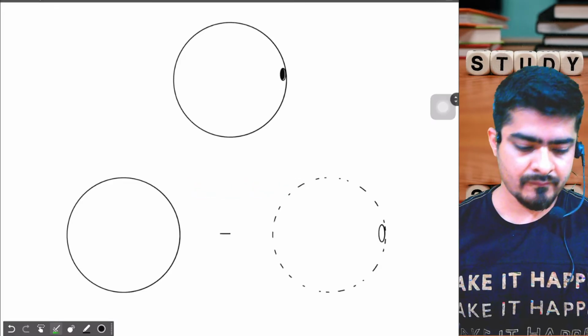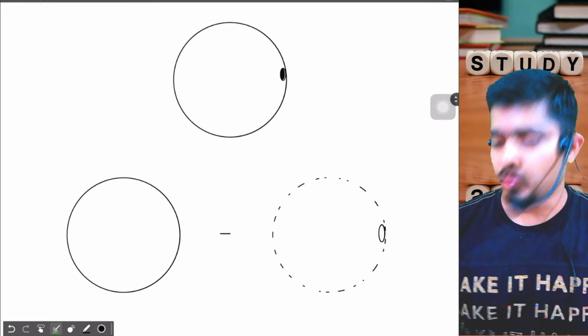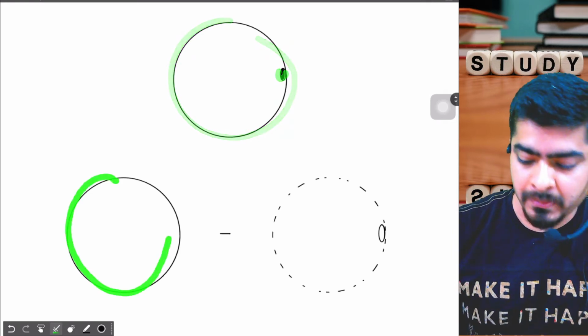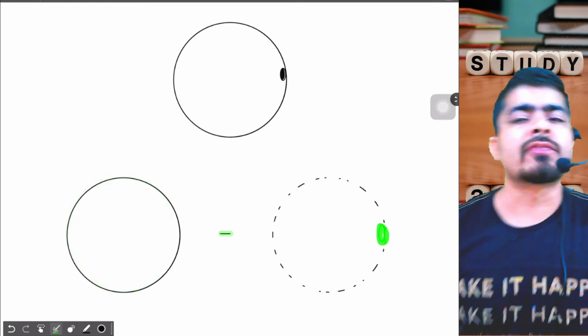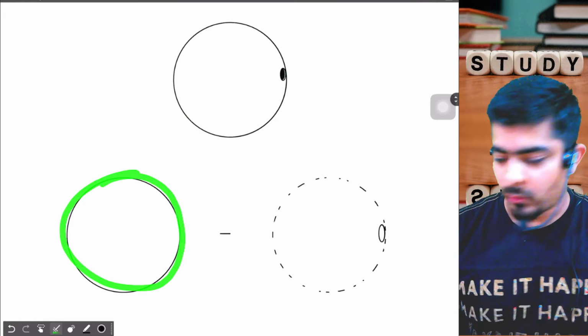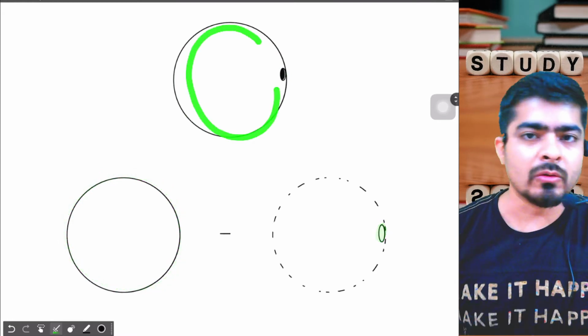Okay, so for that, let's divide our situation into two sections. This sphere with a hole can be treated like a complete sphere minus the circular plate which will be removed to create the hole, right? The complete sphere without any hole minus the circular plate over here. That will give you the sphere with the hole, correct?